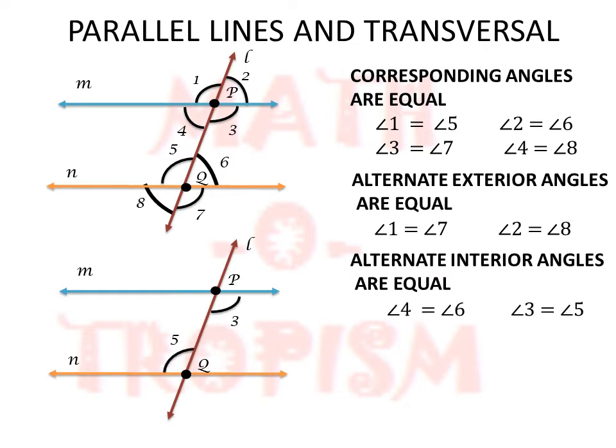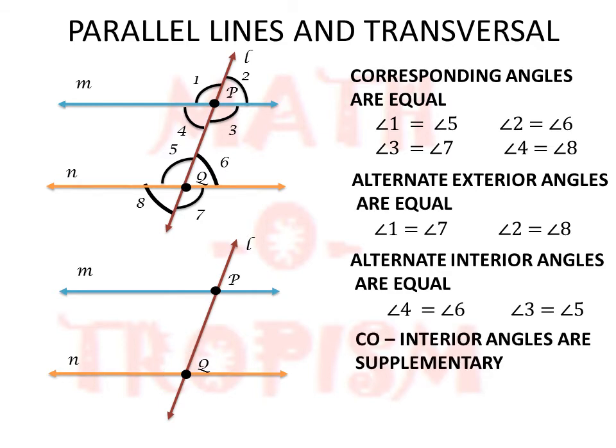The last pair of angles is the co-interior angles. Here only these co-interior angles are supplementary. The sum of the angles will be equal to 180 degree. So when we are considering the transversal L and the interior angles to the left of the transversal, both on the same side, we get angle 4 plus angle 5 is equal to 180 degree. Similarly, the interior angles to the right of the transversal but interior to the lines M and N are 3 and 6. So angle 3 plus angle 6 is equal to 180 degree. For a detailed video, you can see the lines and angles video in the description box.